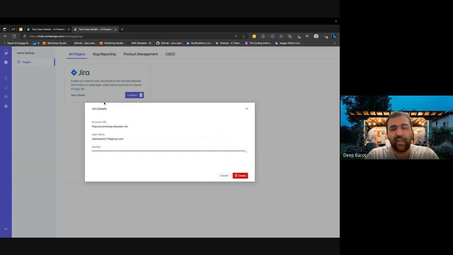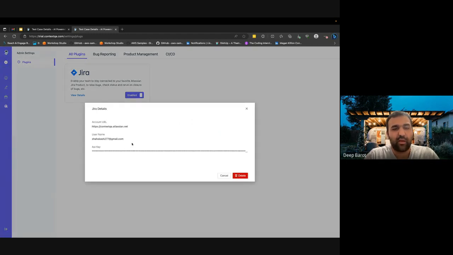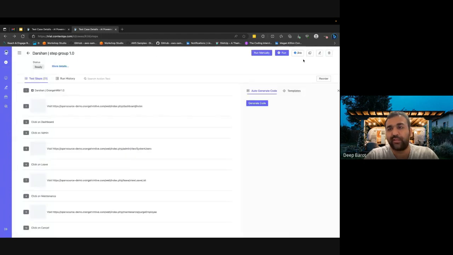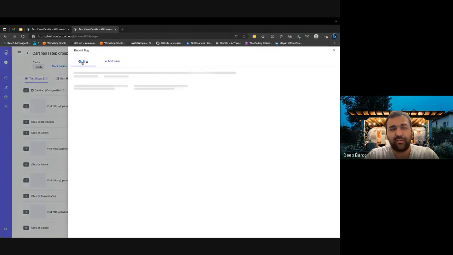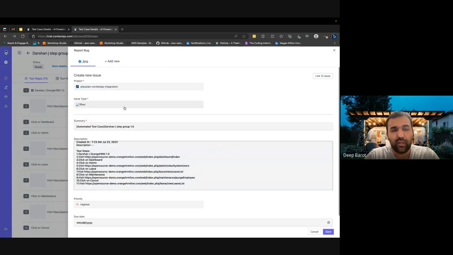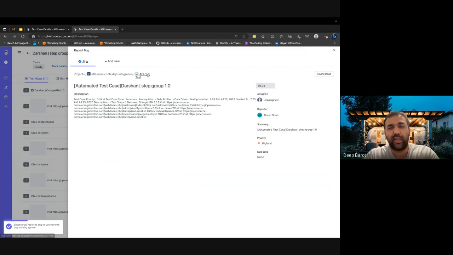You can click on view details, and you can configure your token ID and access key with username. Once you configure Jira, you can come back to the particular test case, and you can create either a new test from here directly, as well as a new bug from here as well. So like if we see here,